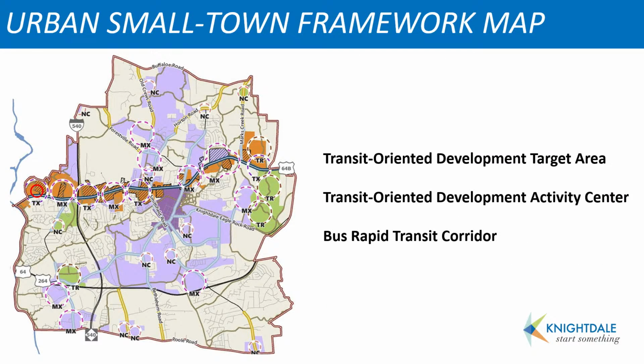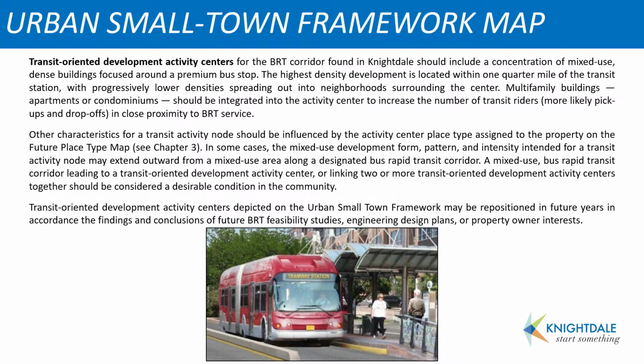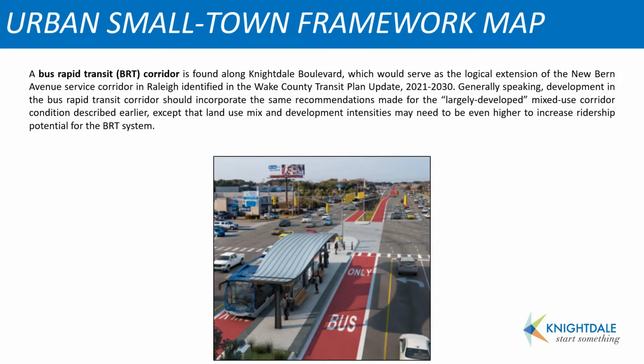Looking at the urban small town framework map, it's classified in multiple categories. They're all related to transit-oriented development, and being that it's along a bus rapid transit corridor. Some additional information, I know we're fairly familiar with BRT and making sure that there are places for stops along our Knightdale Boulevard. And then, with the future of BRT, we want to ensure that remains a viable option in the future down